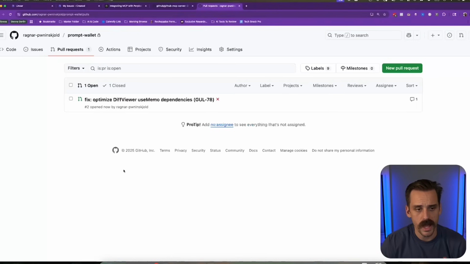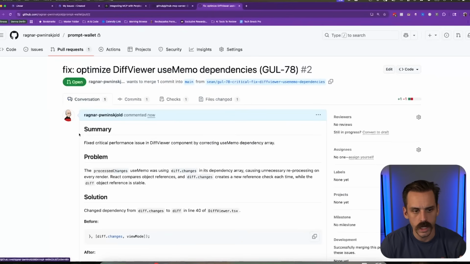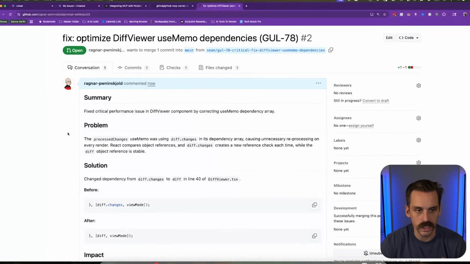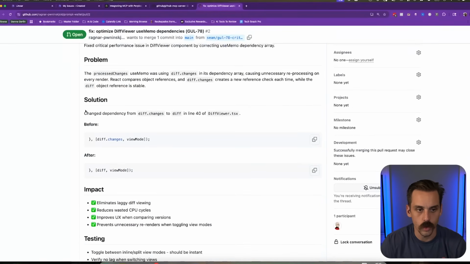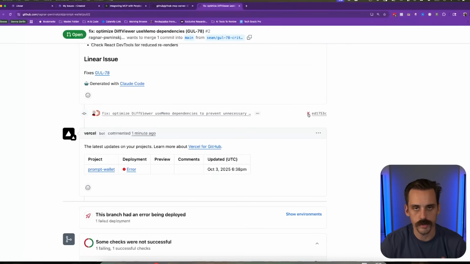So if we were to now pop back over into GitHub and we went to our repository, we can see that there's now an open pull request. And if we were to go in here and look at it, we can see a summary of what the problem actually was and what the solution was to fix it. Now I have a separate linting issue, which is why this is not deploying to my project on Vercel,